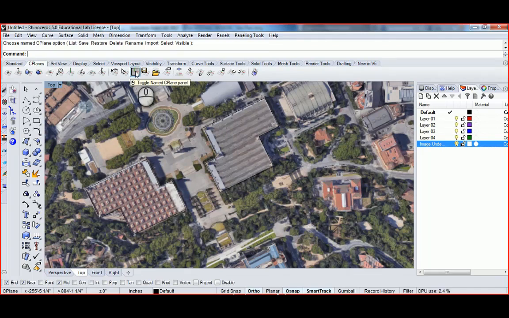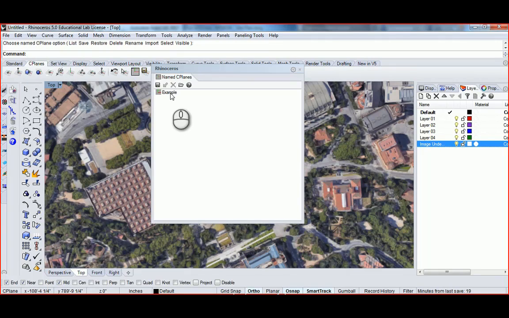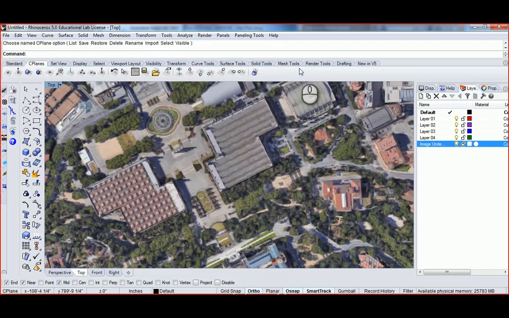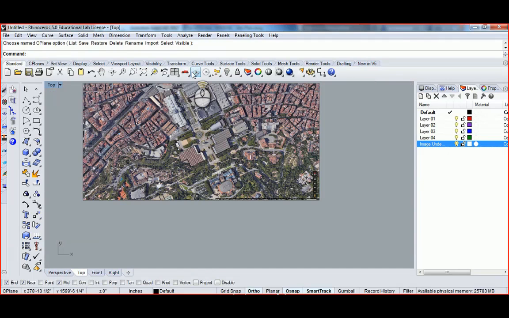Well, so if I toggle the named seaplane panel, that named seaplane should be there, for example. It looks like I can't use a space in it, so I'd need an underscore or a dash or something. But let's say I had reset my seaplane to world top,